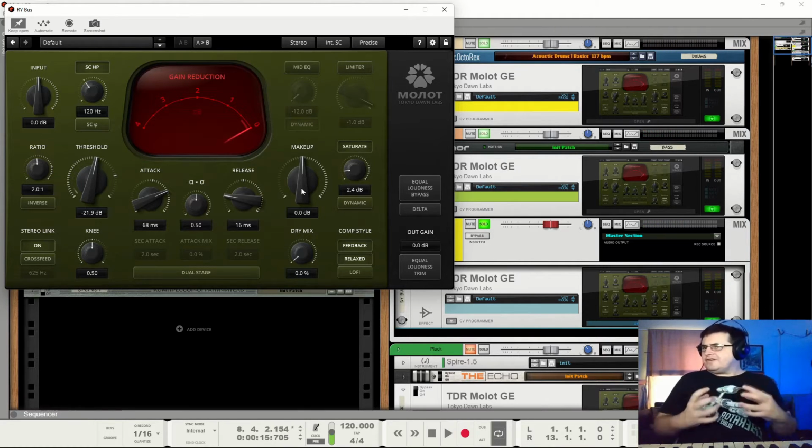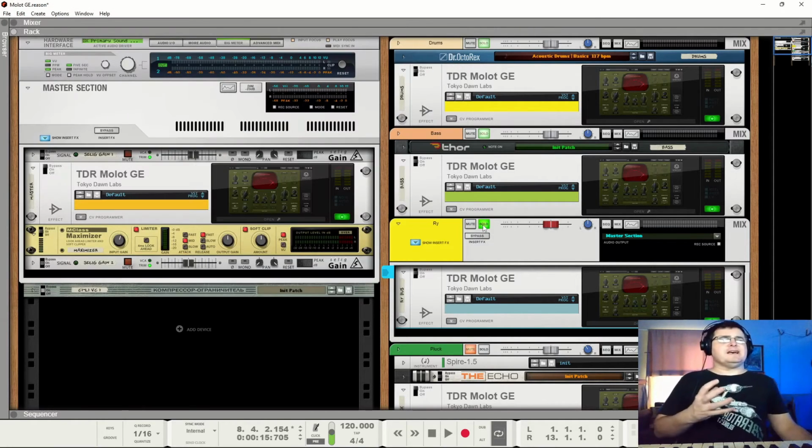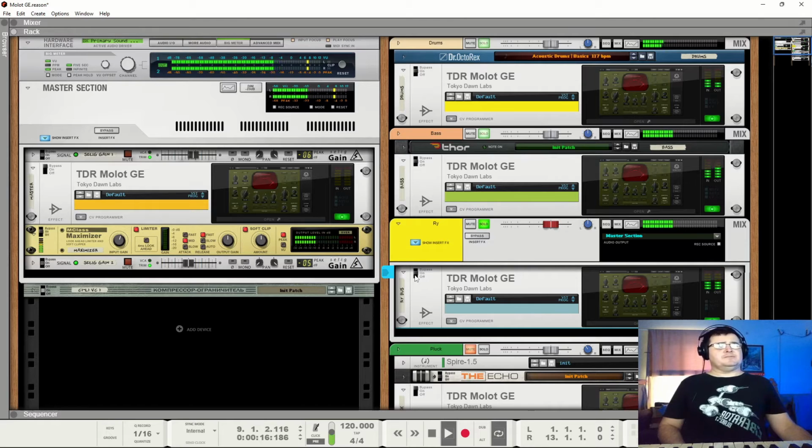So we've now got a very definite sense of that boop, boop, boop kind of thing happening. That's what this compressor is excellent at. It's really, really cool. So happy with that. Again, none of this sounds too much on its own, but once we put them in. So let's go through again.